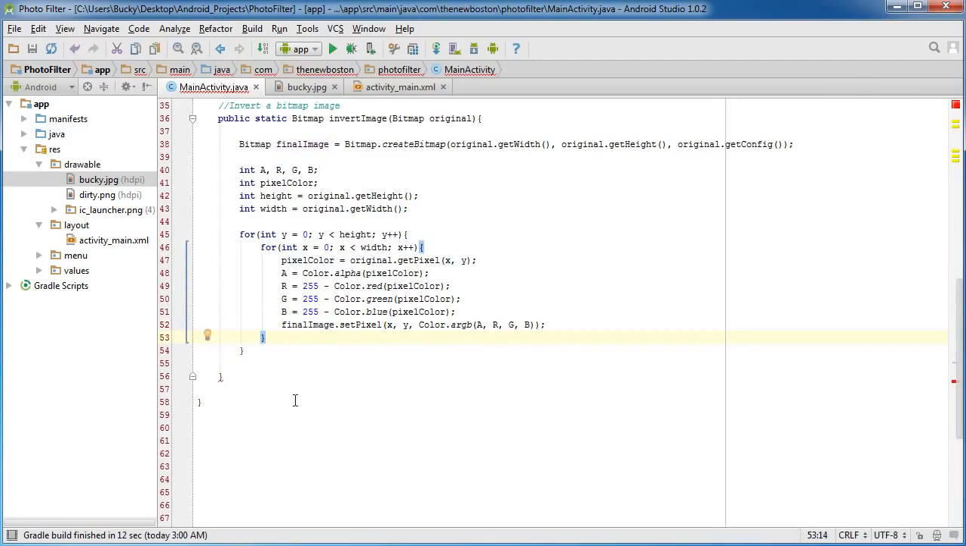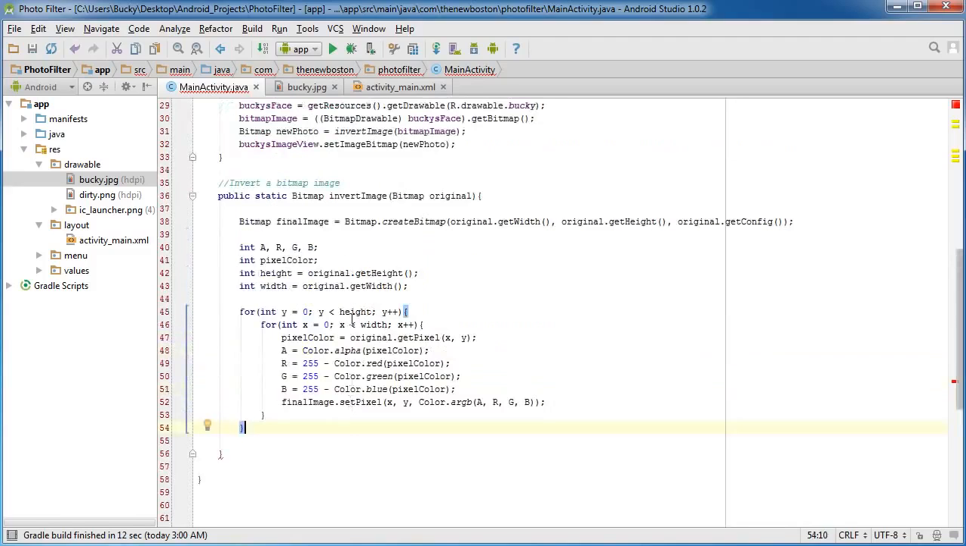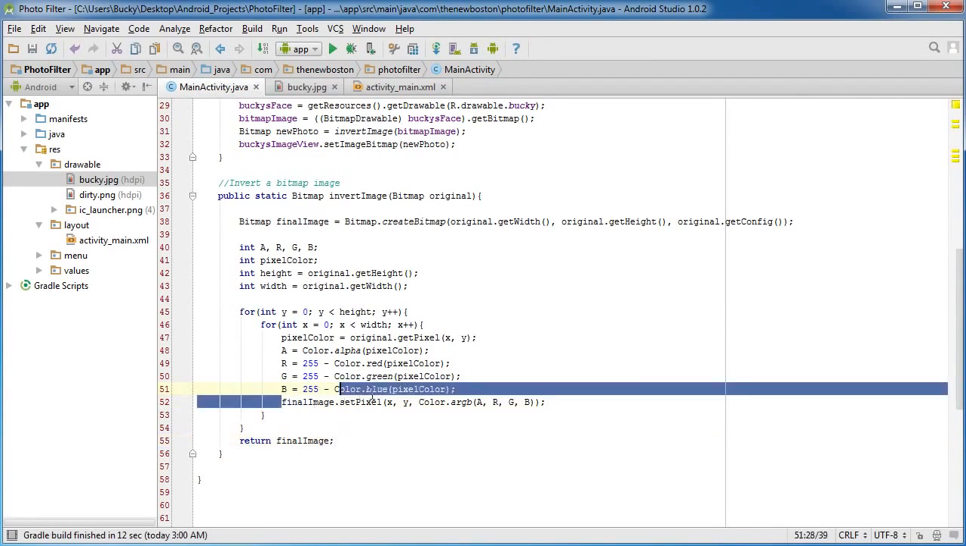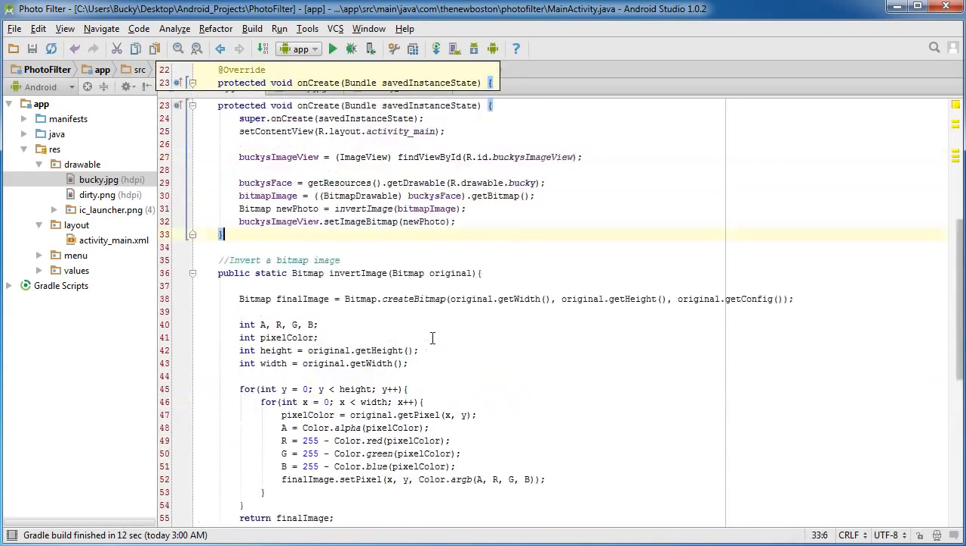And that's it. The only thing we have to do now is return this. So let me make sure I put it in the right place. So return final image. So when this is done looping, you're going to have a brand new image. So now if I run this,